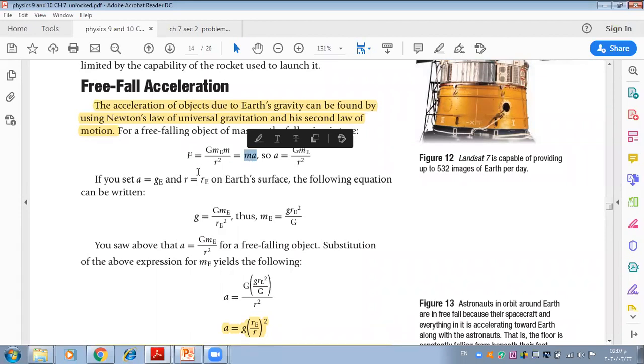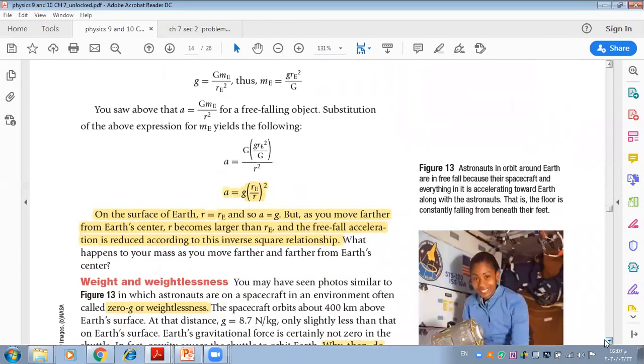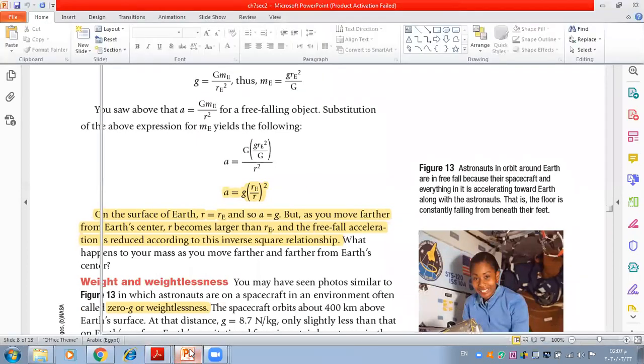Everyone, is it clear? We know Newton's second law, F net equals ma, and the gravitational force, F equals G M m over r squared. I'm not asking you to know all of these calculations, you just have to know the last equation: a equals g R_E squared over r. Right, let's open the PowerPoint.